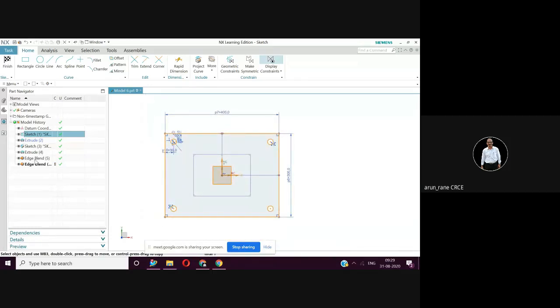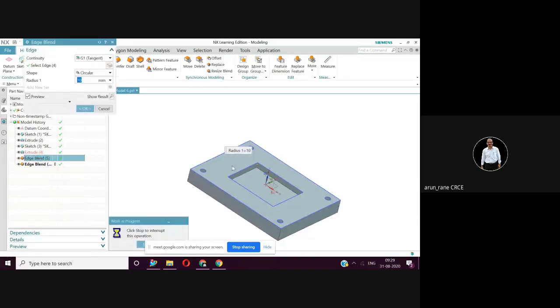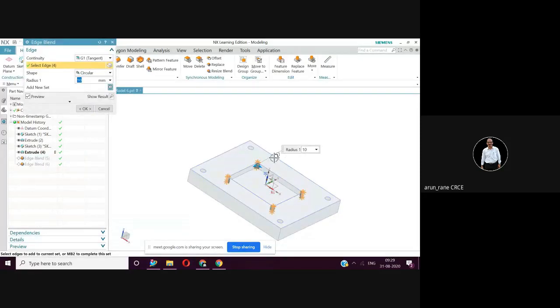So we will go for edge blend. Maybe in edge blend you can see the radius. I'll say finish sketch. This you are aware. So let's go to the edge blend. The radius is 10. That means the maximum cutter diameter you can select is 20, isn't it?